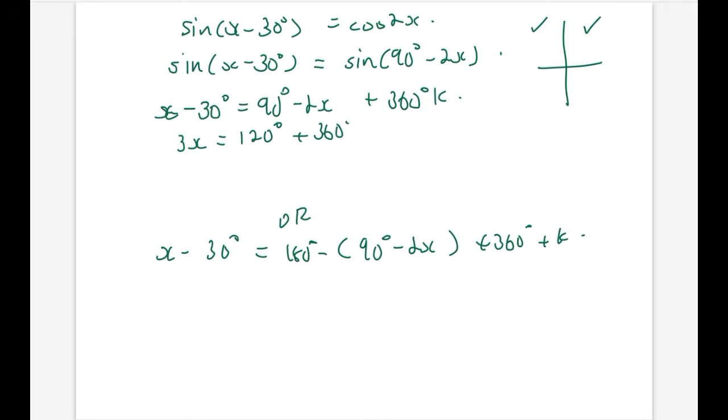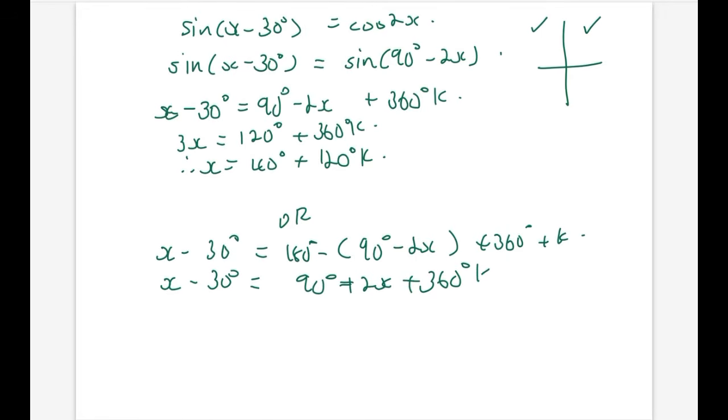And if I divide everything by 3 here, then x would be equal to 120 over 3, which is 40 degrees. And then 360 divided by 3 is 120, plus 120k. On the other hand, we have x minus 30 is equal to 90 degrees minus 2x, or plus 2x, plus 360k. And so negative 30 plus 90,